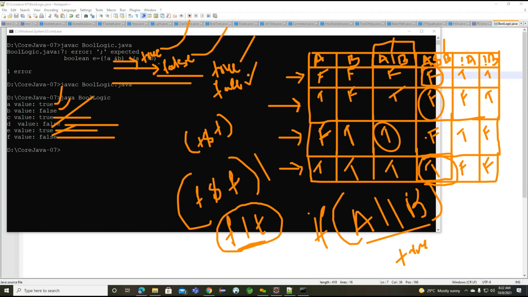Getting the point? So this is the way we can work with the Boolean logic operators, and we need to understand this particular diagram here. This diagram will give you more information about the Boolean logic operators.